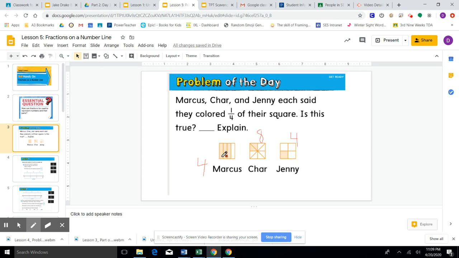Well, Marcus shaded in 1, 2, 3 out of the 4 parts. Shar shaded in 1, 2 out of the 8 parts. And Jenny shaded in 1 out of the 4 parts. So Jenny definitely did shade in 1/4 of her square. Marcus shaded in 3 parts of 4. So Marcus did not. Shar is the one I'm confused on because she shaded in 2 parts,